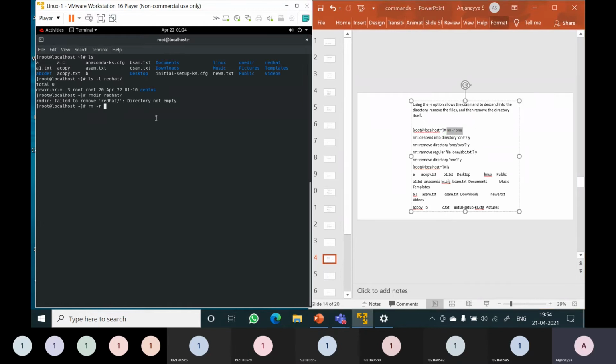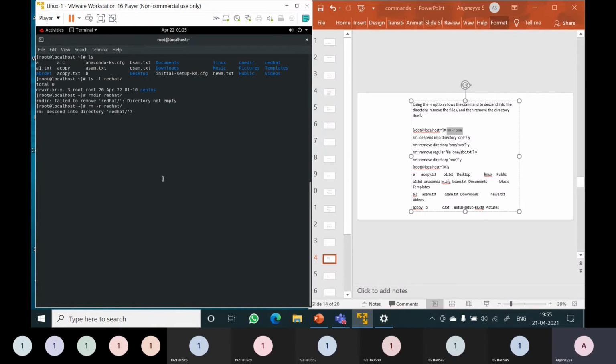So rm -r, one directory I give here. Here I want to delete Red Hat. See here, everybody, Red Hat is already present. Red Hat is containing CentOS. Now if I use just rmdir, it is not deleting because the directory is not empty. rmdir is used to delete only empty directories. But I want to delete the Red Hat directory. Now I have changed the command to rm -r Red Hat.